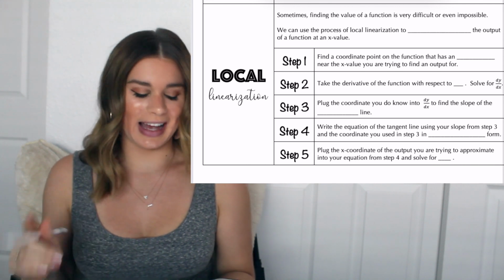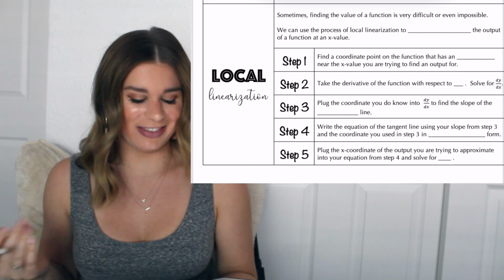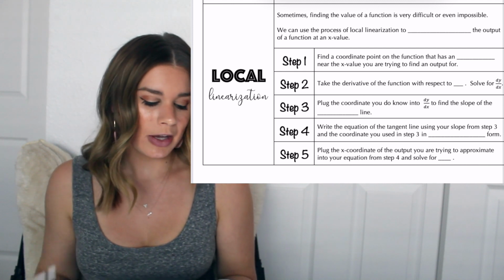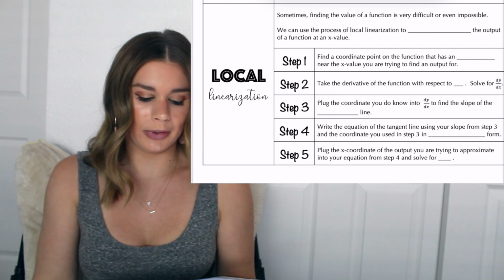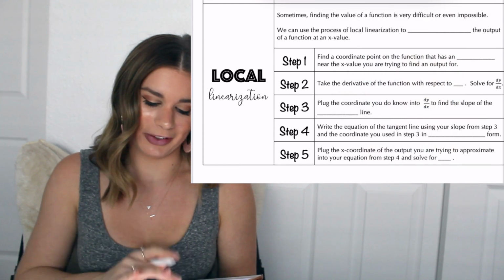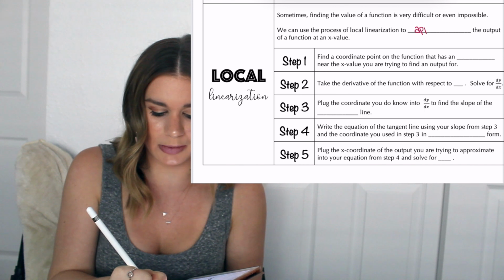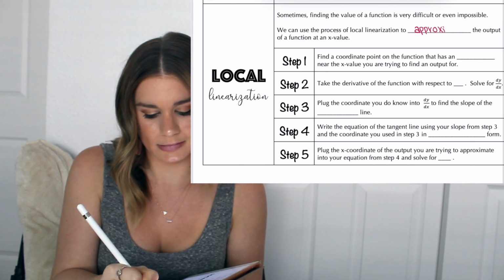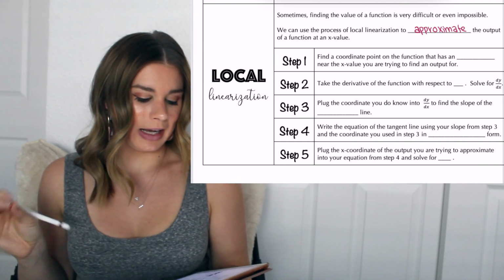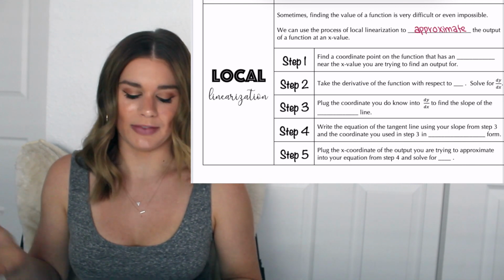So this part says, sometimes finding the value of a function is very difficult or even impossible. We can use the process of local linearization to approximate, goes in that little bubble if you're following along with my guided notes,